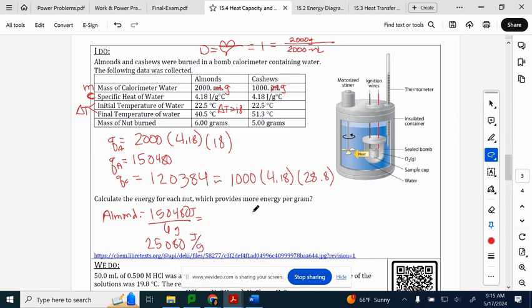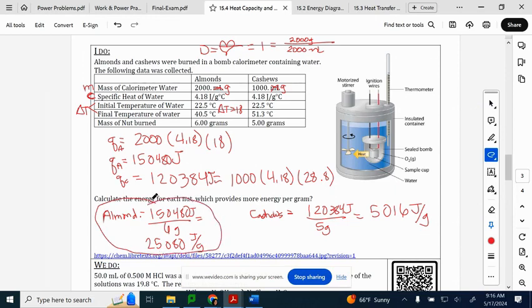gram. For my cashew, oh, I love cashews, you guys. They're so good. I'm going to take the 120384. I'm going to divide it by the 5 grams. And that's going to end up giving us 5,016 joules per gram. So calculate the energy, which one gives more per gram. That would be our almond. That was not a good circle. Let's try that again. So the almond is going to give us more per gram compared to the